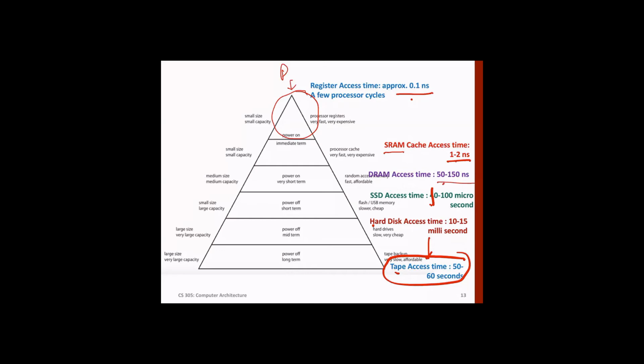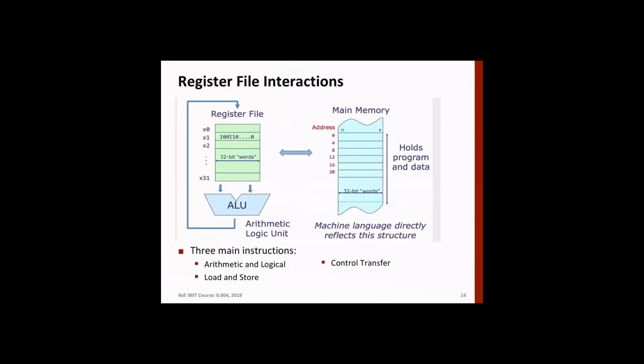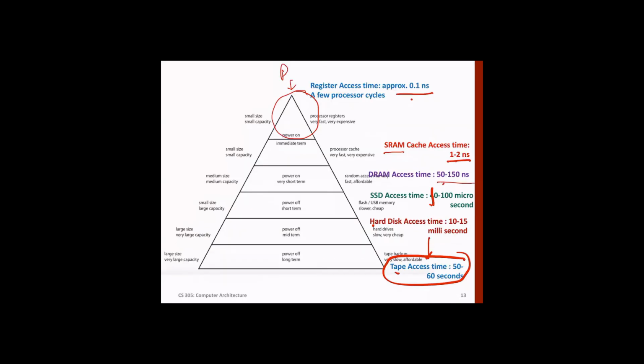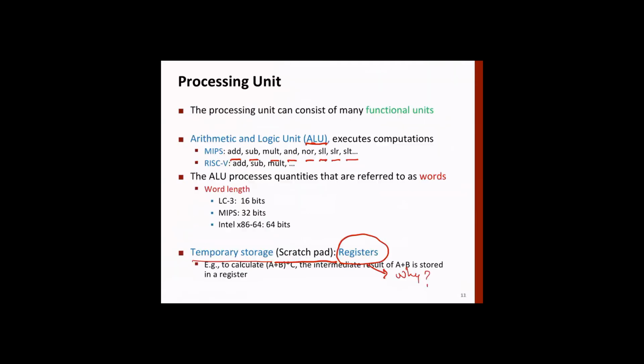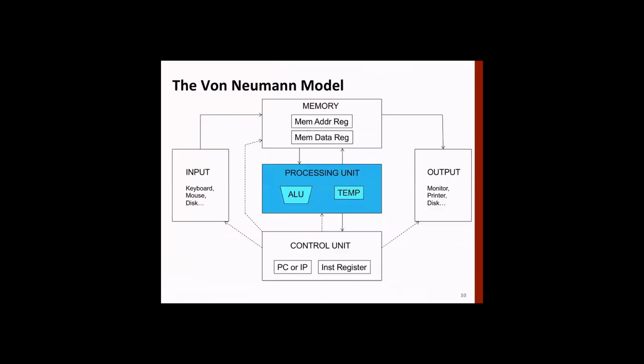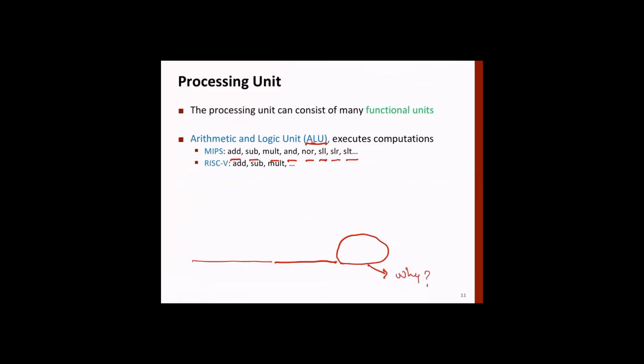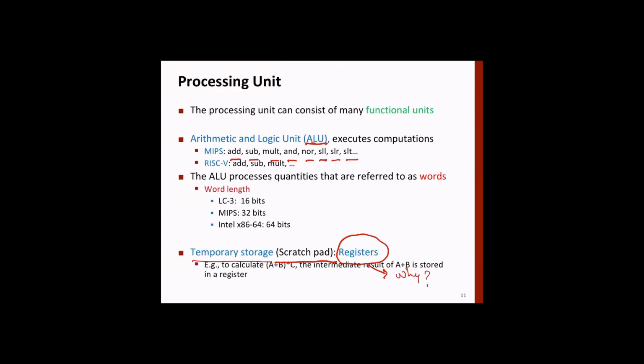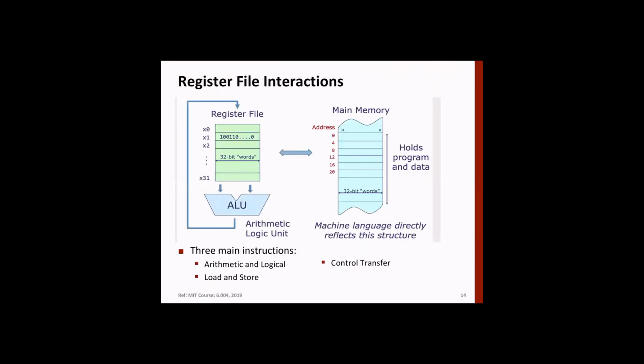Now remember, the registers are part of the processor. We have seen this in the slide. I'm sorry, I will have to go back. Registers are part of the processing unit, so essentially the chip that makes the processor has built-in registers. All right. Any question up to this point? Any question?